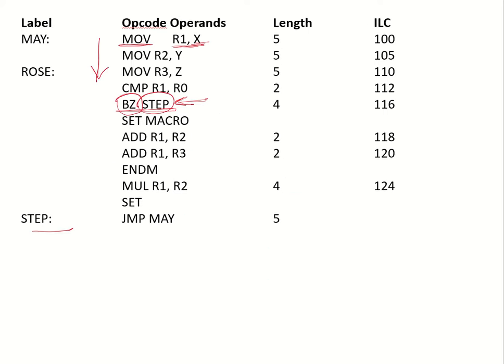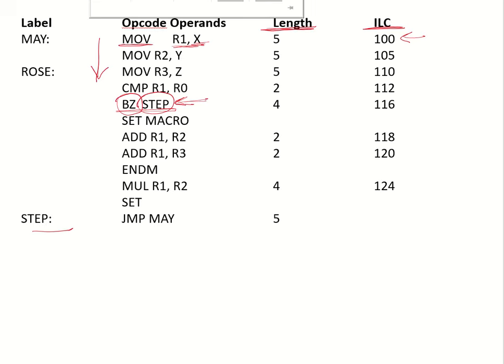So, to maintain the value of the address at which each instruction is occurring, it will maintain a counter which is ILC, also referred to as the instruction location counter. It can start from 100 or it can start from 0. It depends upon how the assembler has been configured. Also, the length of each instruction will be checked from the instruction table.